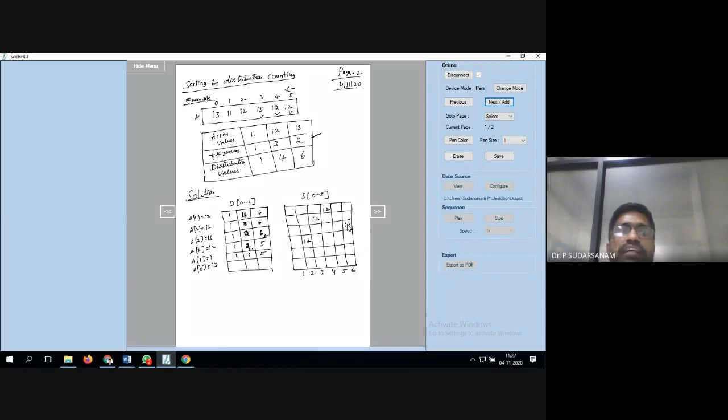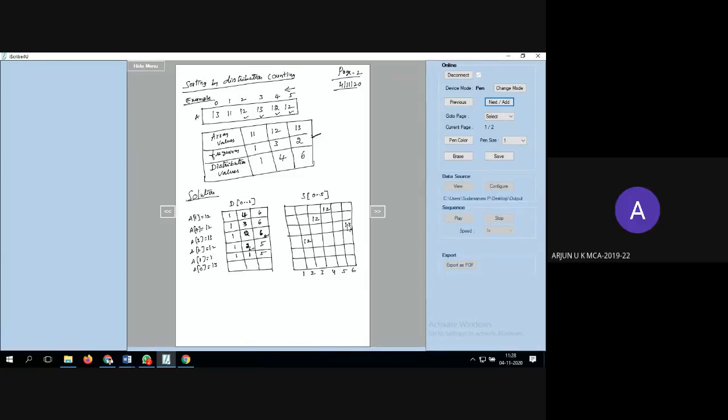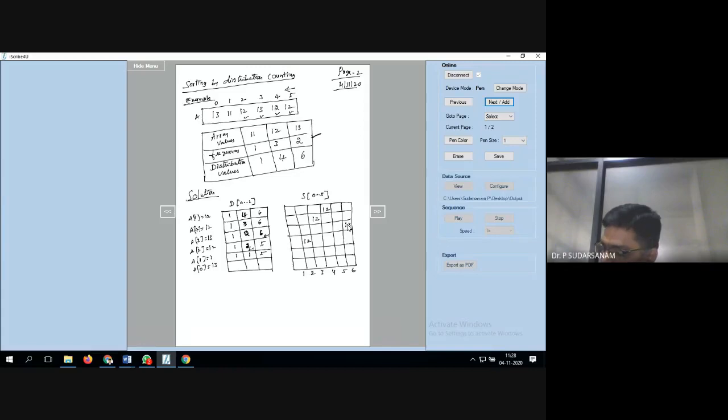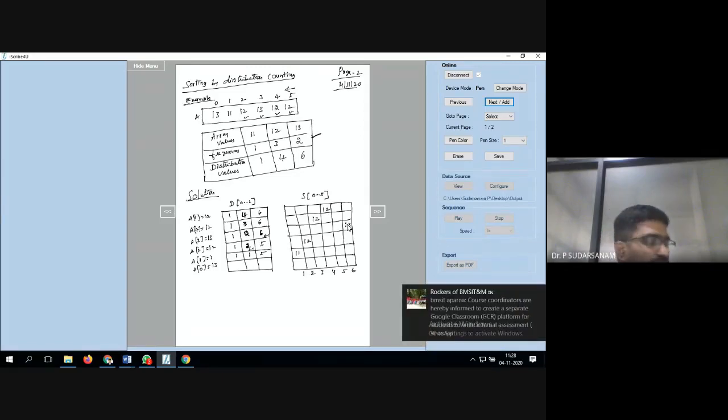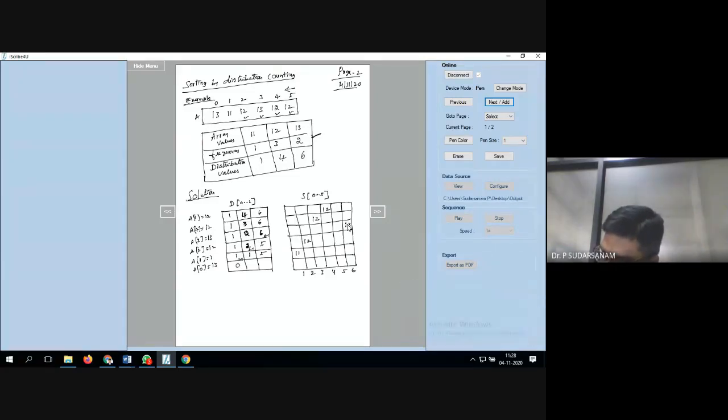Next, A of 1 is equal to how much now? Yes, that is the reason I have written the left hand side. You can take these values also. 11, sir, actually it is. 11 is there. So 11 is nothing but which location? 1, sir. Distribution first value is 1, location only. So right here 11, and now that should be decremented by 1. 1 minus 1 is nothing but 0. Remaining values copy it as it is.